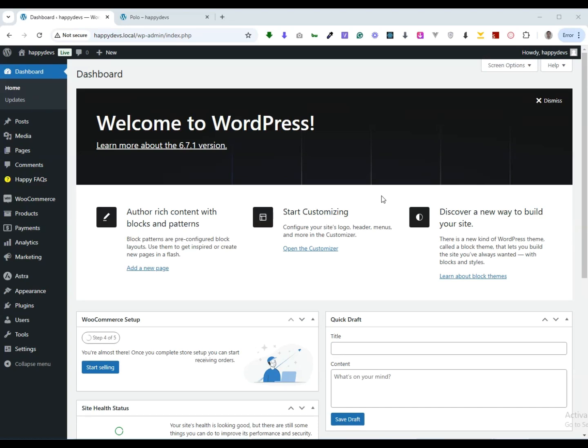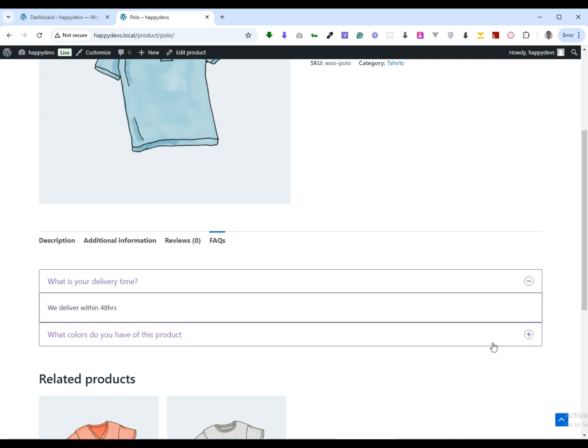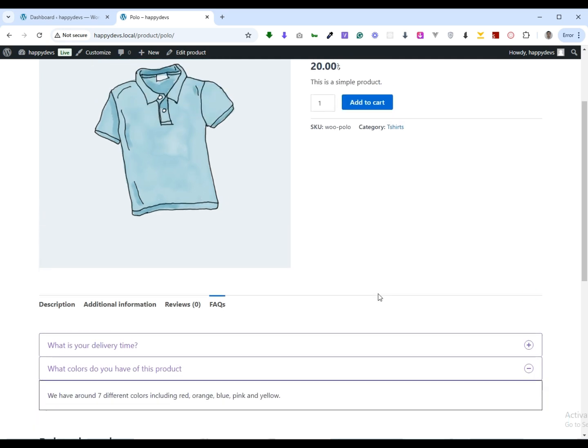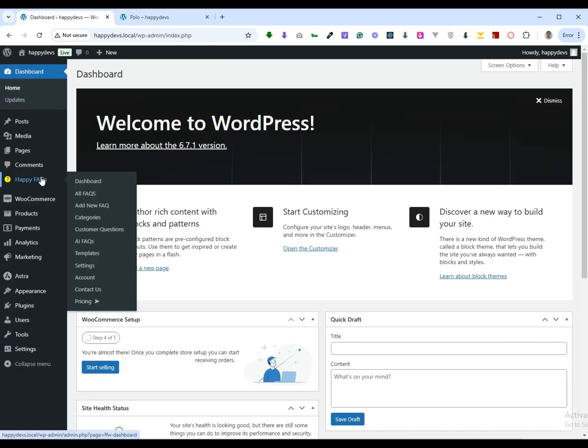Hello everyone. Today we are going to see how to turn on search FAQs by using Happy WooCommerce plugin. So our FAQs are already here, as you can see in the product page. Now we are going to turn on search FAQs by going to the settings page of the plugin